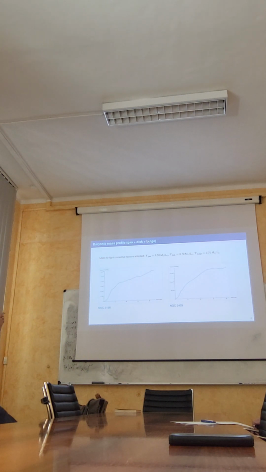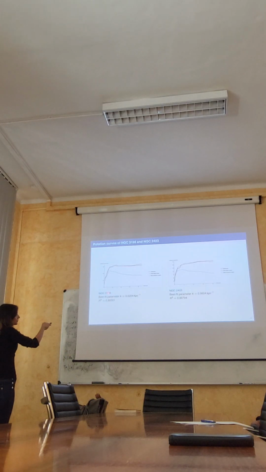We have taken the various components and summed them, but we have also adopted this corrective mass-to-light factor for gas, disk, and bulge, obtained again from the literature. Those are just to show you that we did obtain the total baryonic mass, but those plots are not relevant in the following. And those are the crucial ones, in which, for the two galaxies, we have plotted